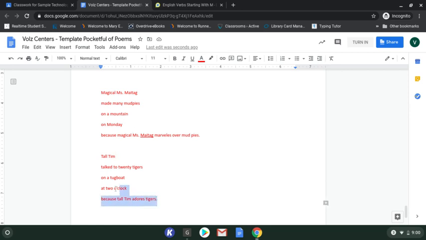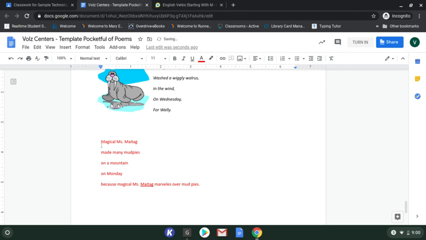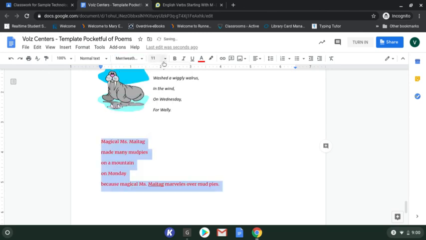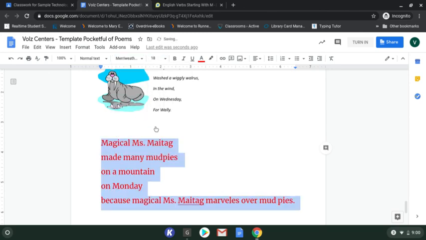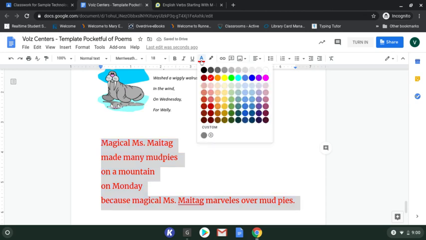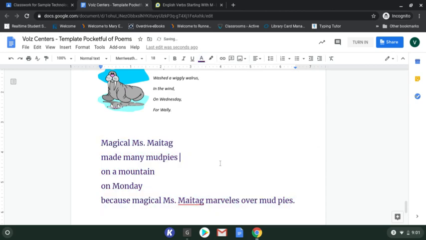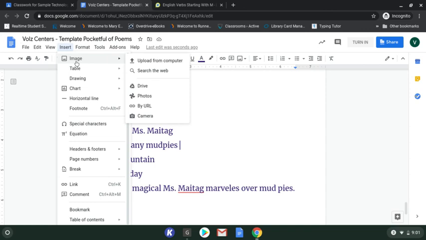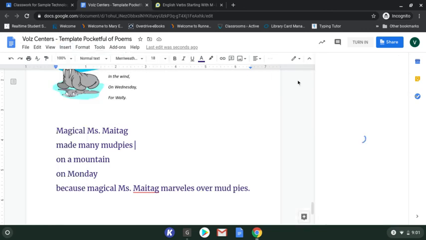And then as always, once you are done your poem, you're going to go ahead and format all the font. So I'm going to pick a font that I like. So let's say this one. I'm going to pick a size that's pretty big, but not crazy. I really don't like the color red, so I'm going to change this to this kind of cool purpley color. And then I'm going to insert an image. So again, clicking off of it before you insert your image. Insert image from a search.